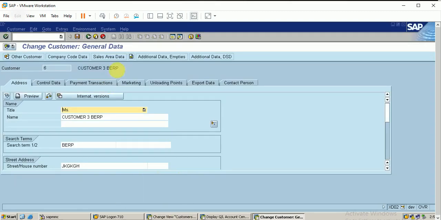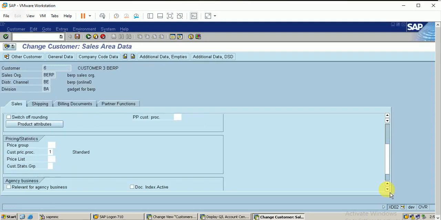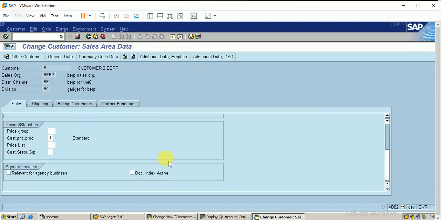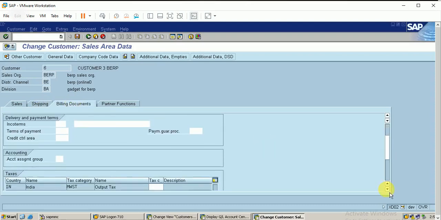Okay, in this click on sales area data, and here you can find the field, and I think in the billing documents, yes, here itself. In the accounting, you can see the account assignment group.